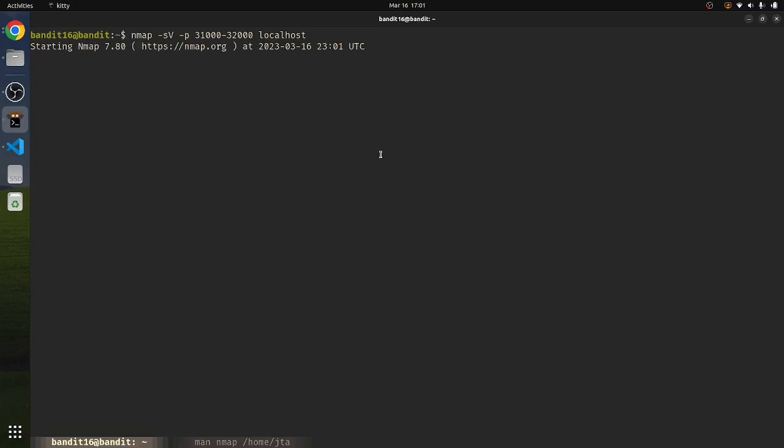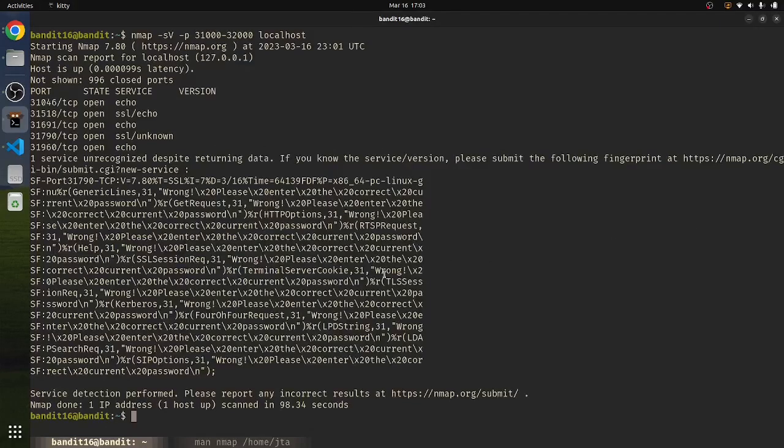And we'll let that run for a second. All right, so nmap finished up, and we see there's two ports that are running SSL. And this port 31790 is giving us some issues, and we can see it's actually entered the correct password. And so what we need to do is actually just do echo. This is our last password, and we'll send that to openssl, same as last time, s_client -connect